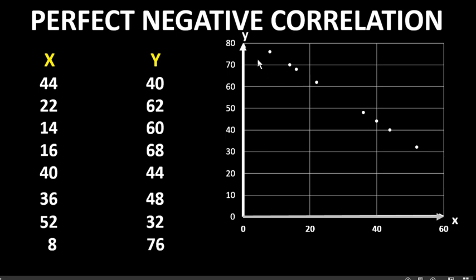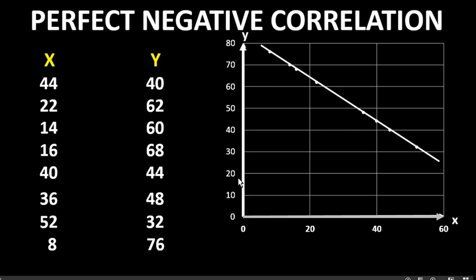All the points are found in the same line. Points are found collinear, so it is easy to draw a straight line that will include all these points, and such a line is drawn on the screen. If this type of situation is found, then we can say that there is perfect negative correlation between two variables.